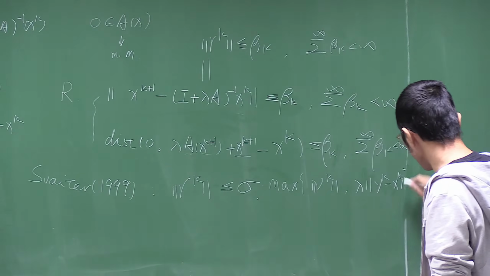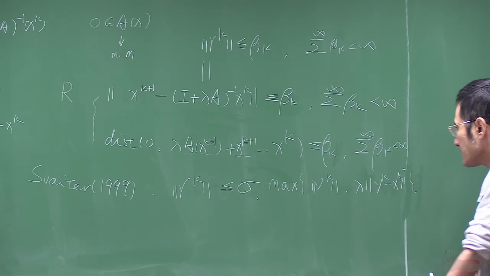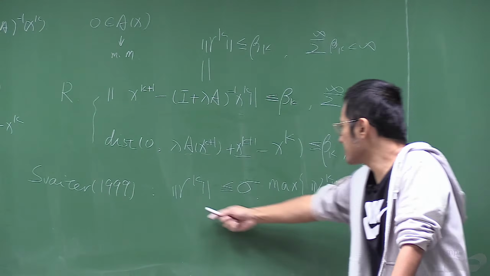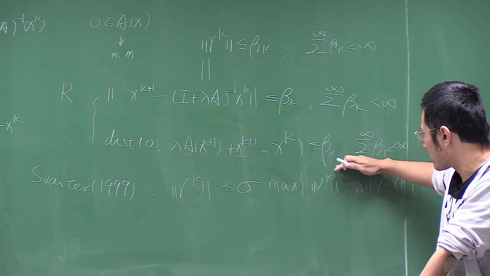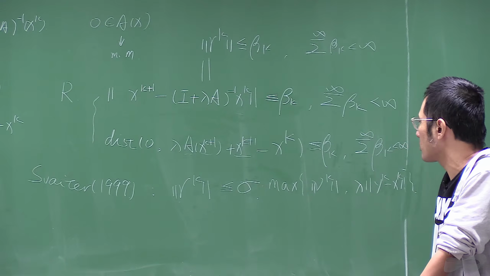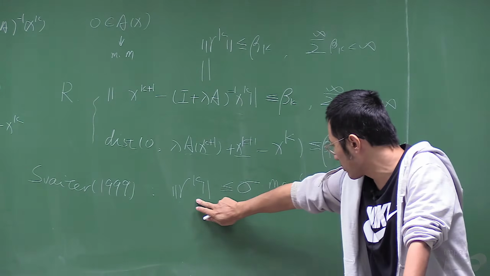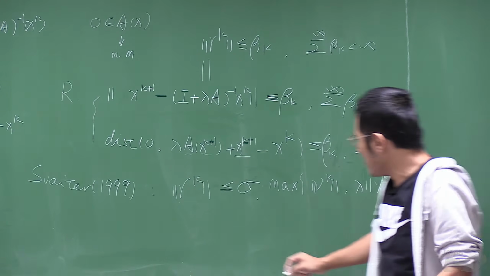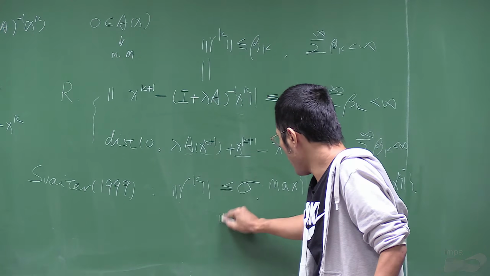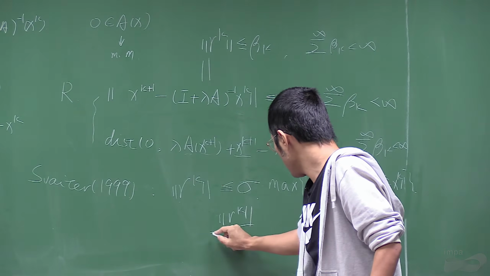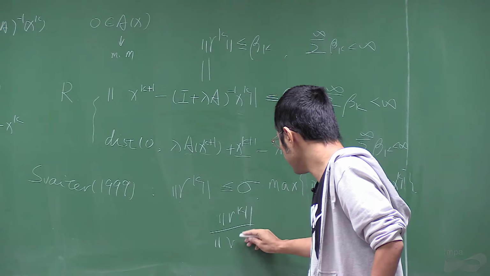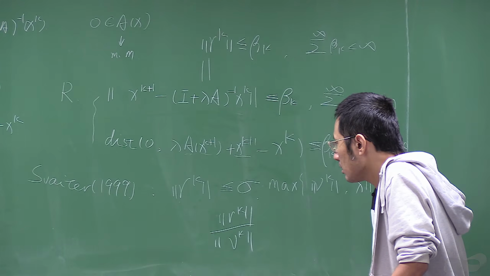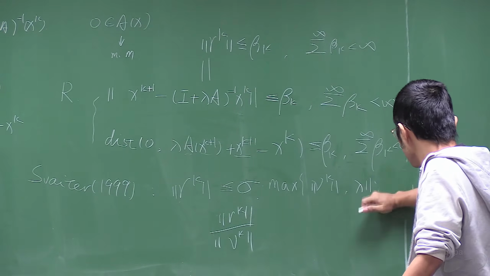Let's recall this a little bit. This is better than the absolute error, because here we do not need to guarantee that this term approaches 0 when k becomes very large. It just means the ratio of rk over vk